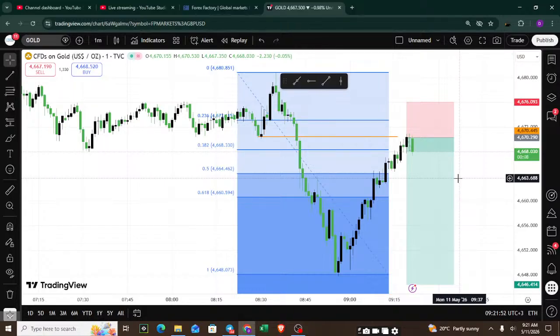Alright, I'm getting in. I'm in. To me, this is already a confirmation. I'm already in. If price decides to take me out, no problem. But to me, this is a good trade. It's a good setup. It has worked before.